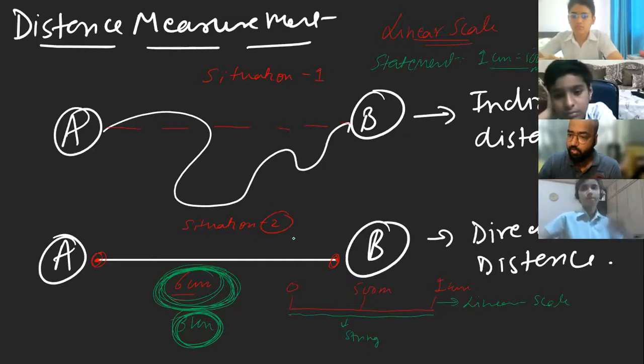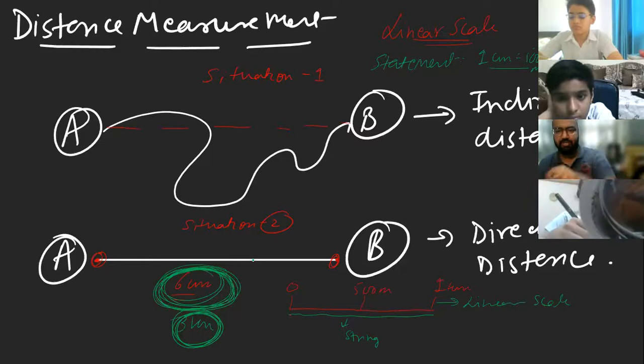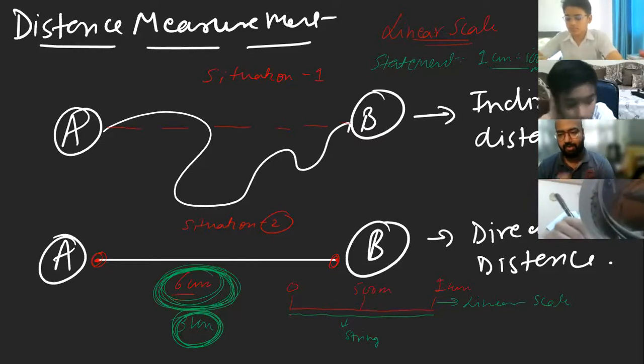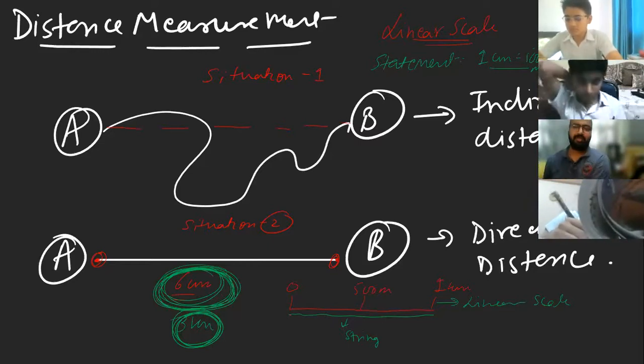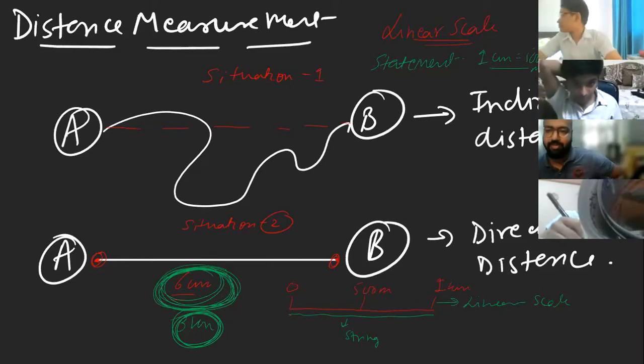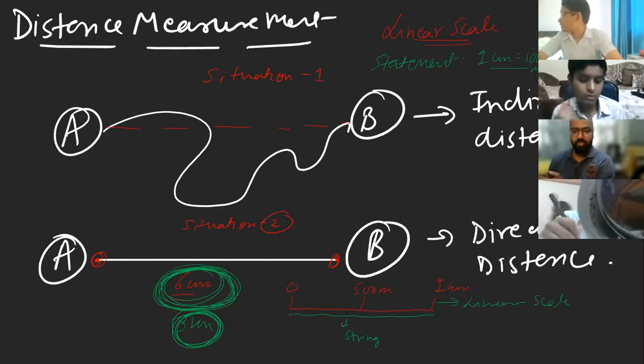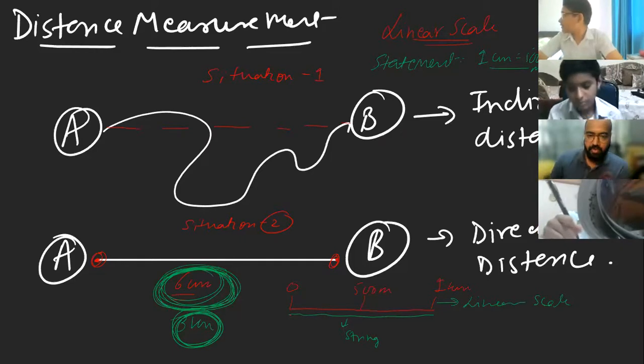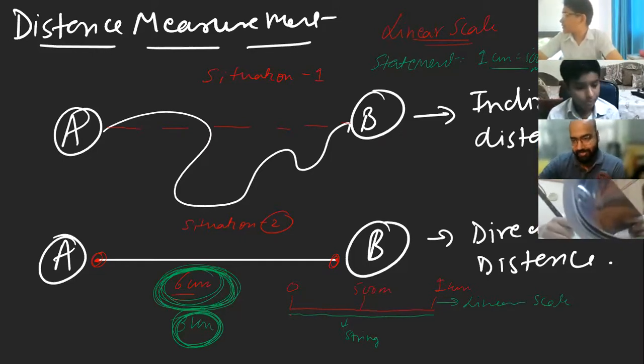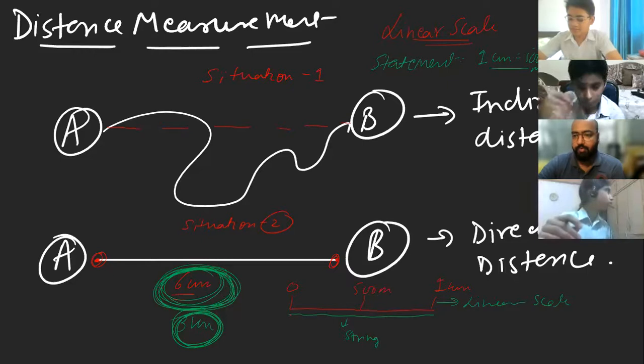You can do it, but that's a bit tricky method. I'm telling you the easiest ones, right? For that you will come to know. We'll teach you in class 9th and 10th also, but we are talking about just simple methods right now. Okay, we're not going into anything very extra. So have you understood how to measure the direct distance? Yes, sir.